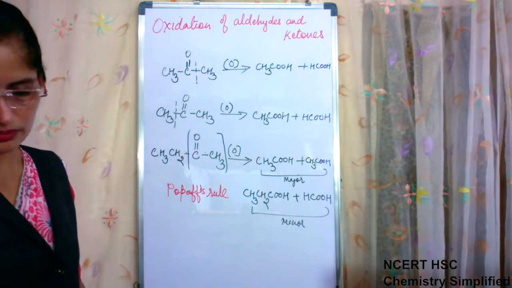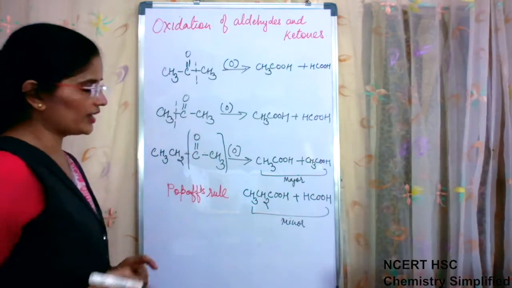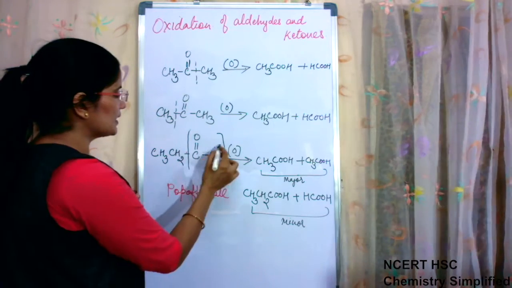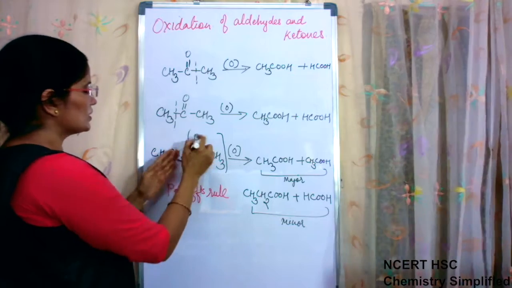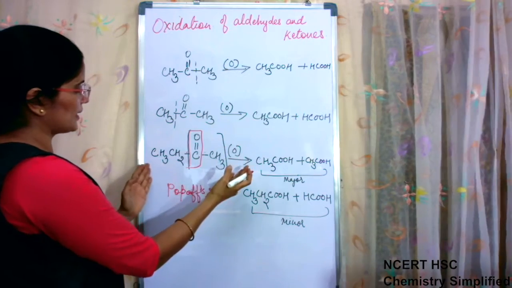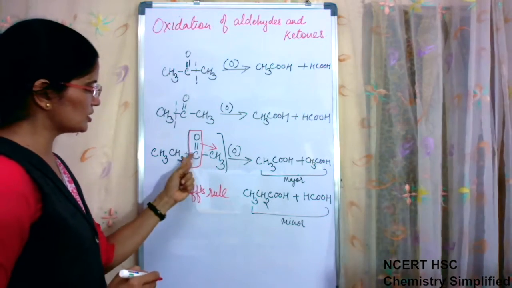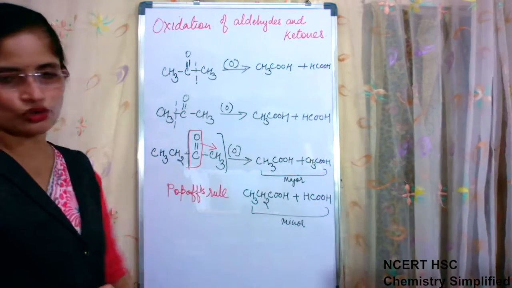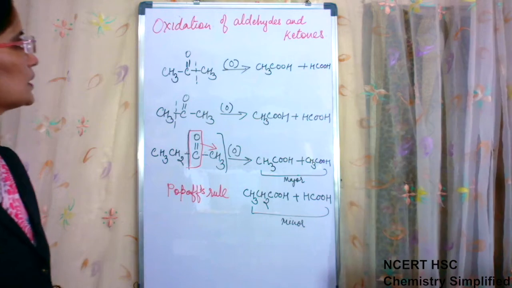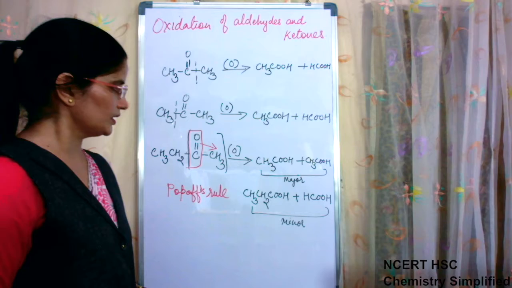Ma'am, to repeat the rule. The rule says that when cleavage of the bond has to take place, the carbonyl group will move with that chain which has the lesser number of carbon atoms. This group is in the middle. Now see the chains on both sides. Whichever chain is smaller, this part will move with it and convert into CH3COOH, and the remaining part will again oxidize to form acid. So this is Popoff's rule. This is about oxidation of ketones using strong oxidizing agents.